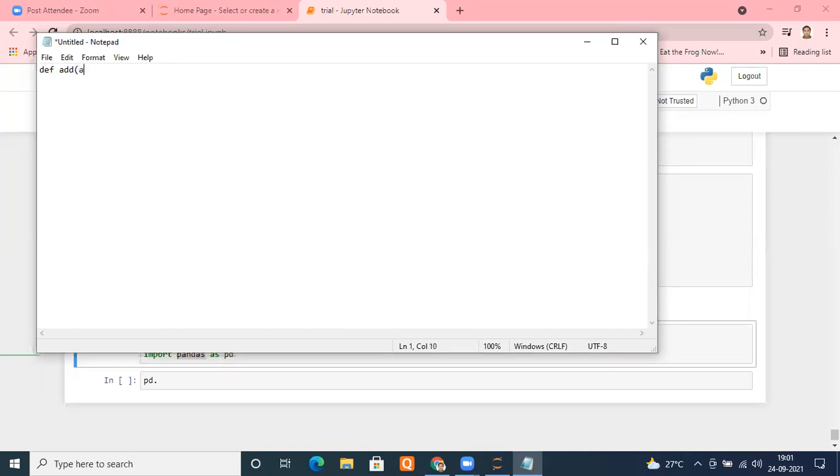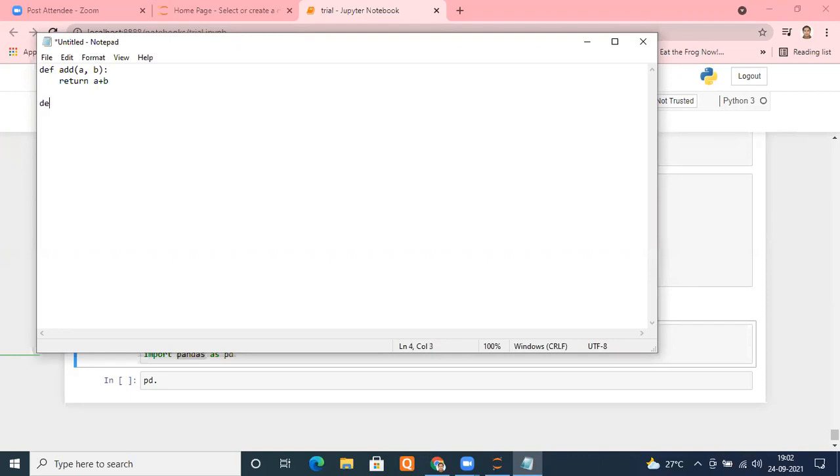For those 2, I put a, comma, b. Two arguments. I put a colon, and after 4 white spaces, 1, 2, 3, 4, I type return a plus b. This function will do nothing but take a and b from you, add them and give you the value a plus b.